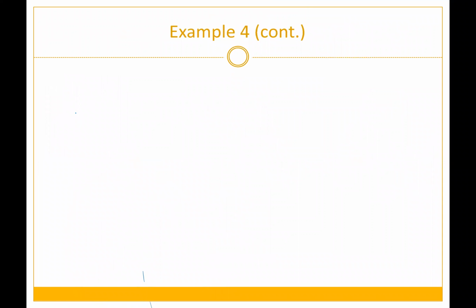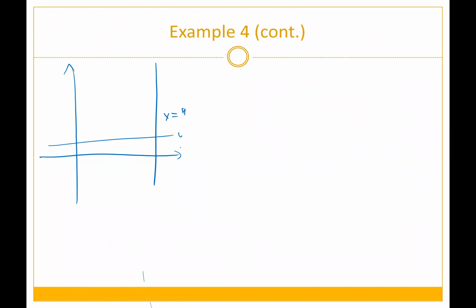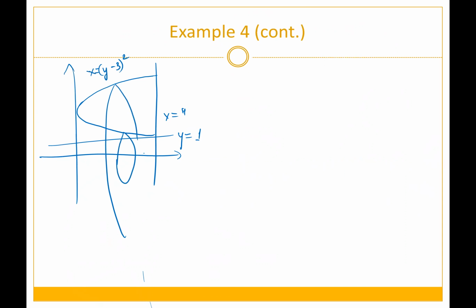So you have a curve like this, x equal 4, y equal 1, and this is the curve x equal y minus 3 squared. So when you do washers, you slice it into small pieces, small slices. What we end up having is something like this, and then the thickness of that slice